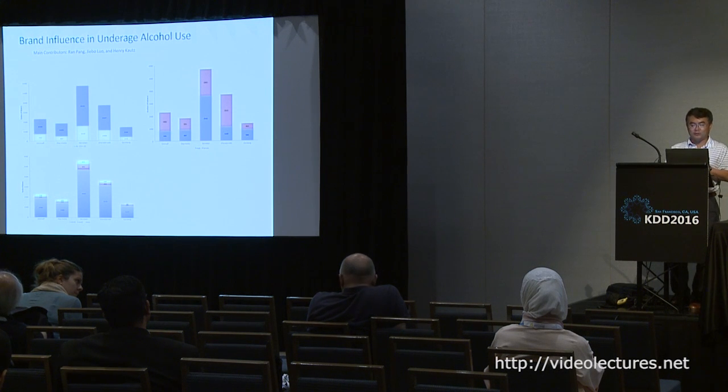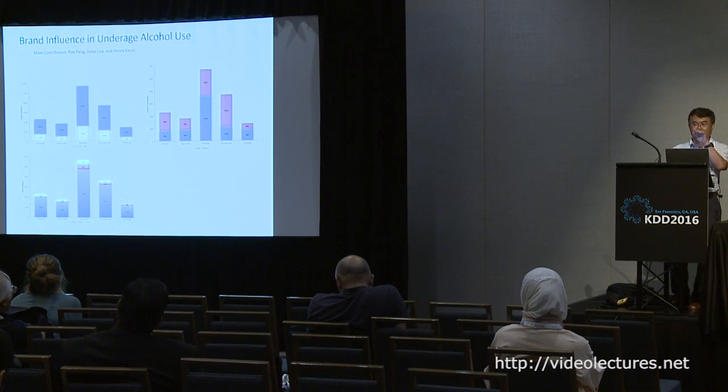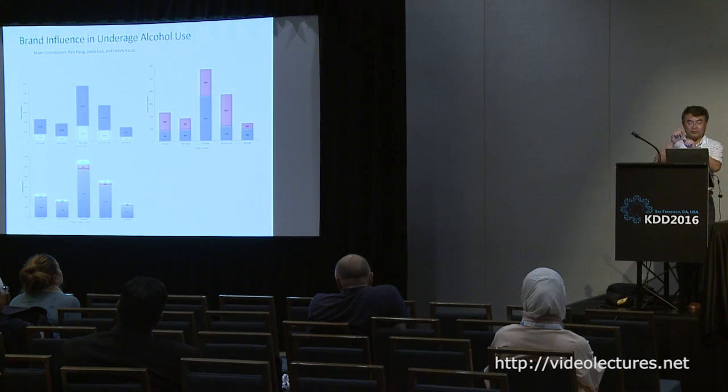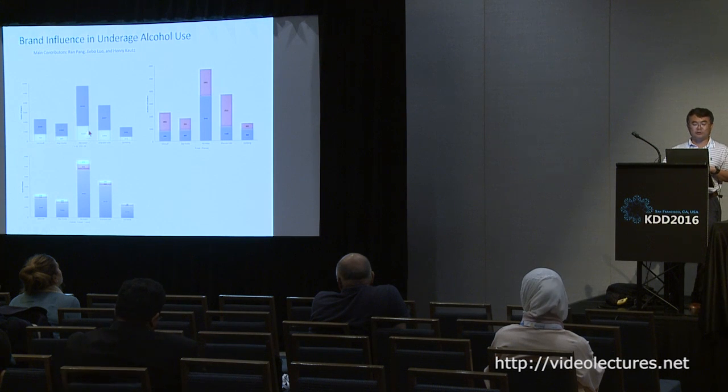Then the next thing we are interested in is what they are drinking. So how do you know what they are drinking? Sometimes they say it, like what brand they are drinking. So that's one source of information. The other source of information was, it turns out all these major alcohol brands have presence in Instagram. So the kids will follow them. Whichever brands they follow would tell us they are interested in drinking that brand. So we tracked over 50 brands. I'm only showing you 5 here, randomly picked. And the middle one is Heineken. It's a beer. And this is a breakdown in terms of age.